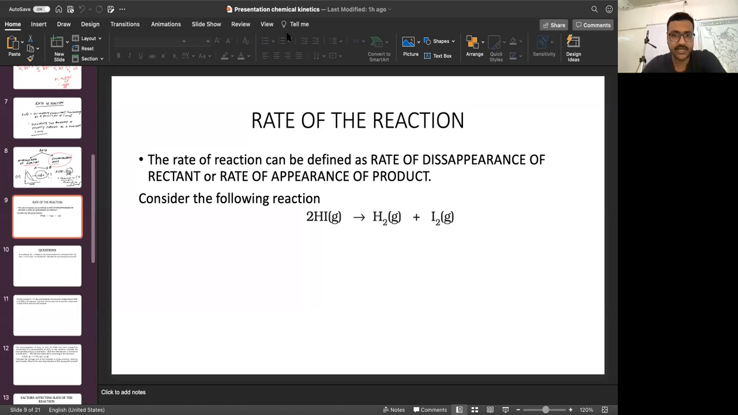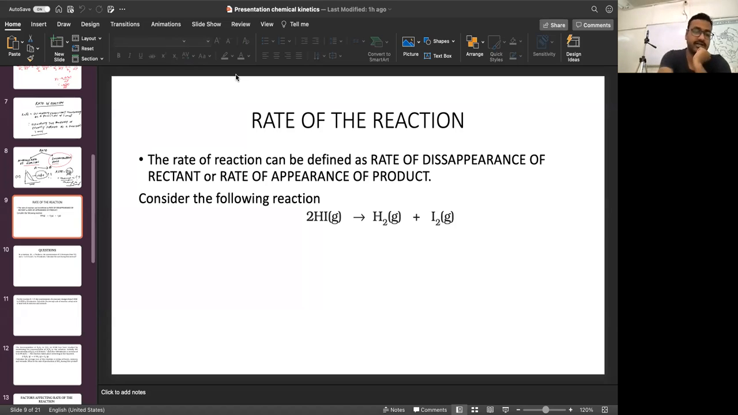In the last class, we discussed the rate of the reaction, and we concluded that the rate of the reaction is either the rate of disappearance of the reactant or the rate of appearance of the product. We also discussed the average rate of reaction and the instantaneous rate of reaction. We have also discussed that for reactions which have stoichiometric coefficients that are non-1, that are not unity,